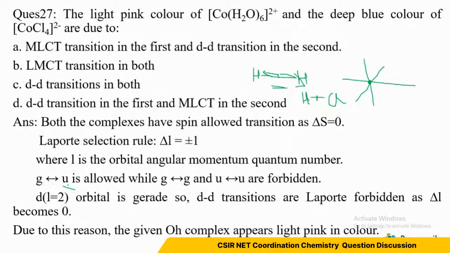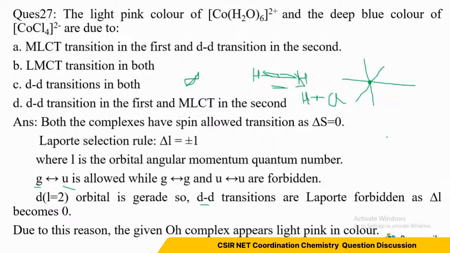So this is what we talk about in terms of your p orbital and s orbital. For the s orbital, the electron density is present all over, so we can say it is gerade. And for the p orbital, it is ungerade. Okay. In the p orbital, you can see that plus and minus is there, right? So g to u is allowed. Like if we talk about s to p, s is gerade, p is ungerade. So gerade to ungerade is allowed, while gerade to gerade, if you talk about d to d, d is gerade and